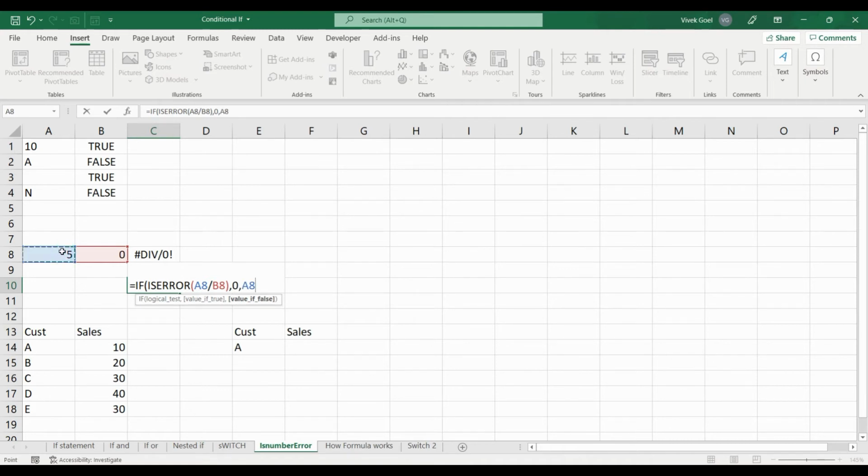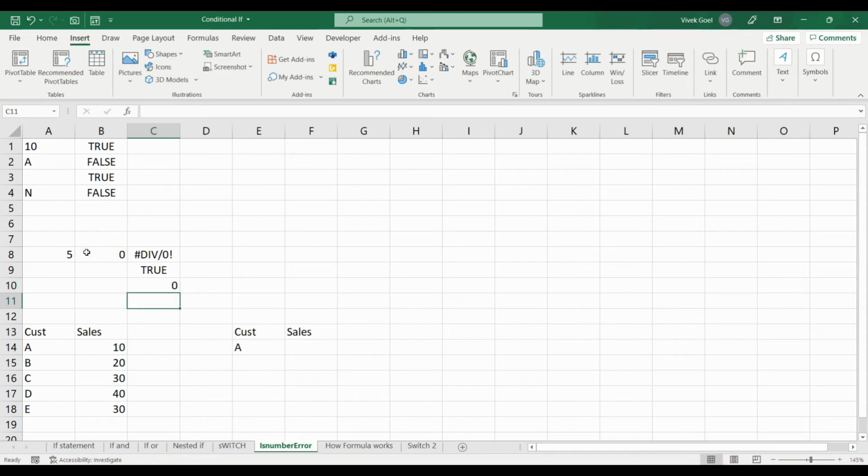Else, if our calculation is fine, we will return the division of these two cells. When the denominator was 0, instead of giving an error, we got 0, while when the denominator was not 0, we got the correct value.